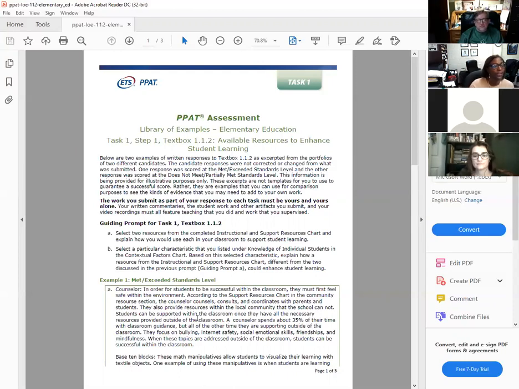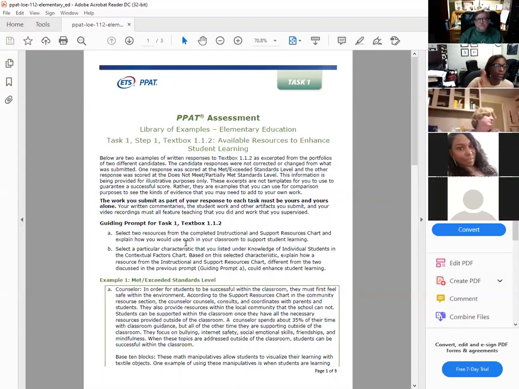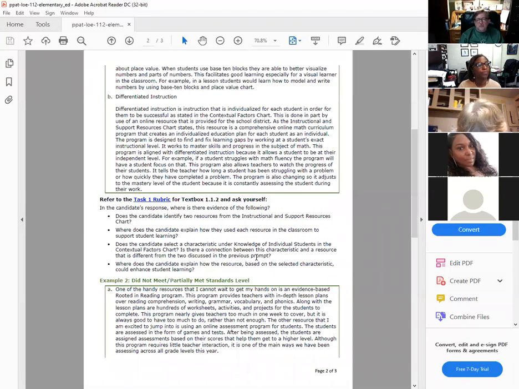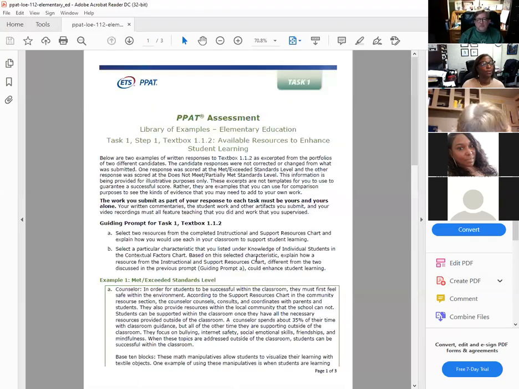Let's look at the base 10 blocks, because we had to select how many resources? Two. Thank you. We had the counselor, and then we're using base 10 blocks. So how did the writer explain how the base 10 blocks would support learning? It says these math manipulatives allow students to